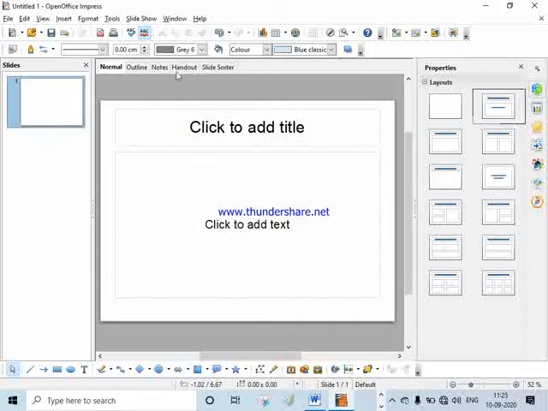The next is drawing toolbar. This is our drawing toolbar at the bottom. It lets you insert commonly used shapes. These are the shapes.